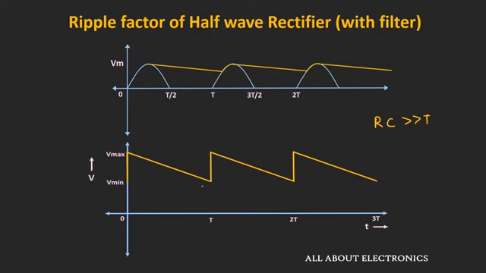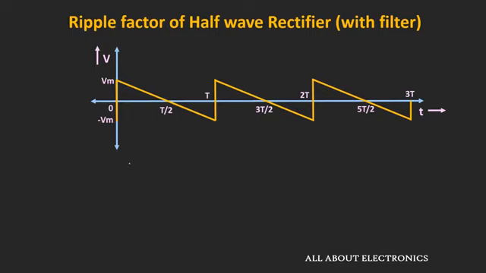So just by finding the RMS value of this sawtooth waveform, we can find the RMS value of this peak to peak ripple. And for finding the RMS value, we will remove the offset from this sawtooth waveform. So if we remove this offset voltage, then the sawtooth waveform will look like this. So now if you observe this waveform, it is symmetric around this T/2 time period.